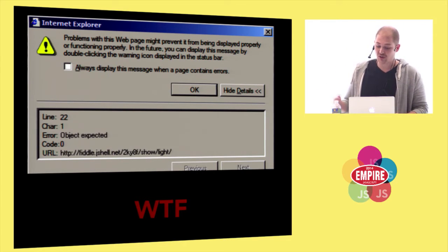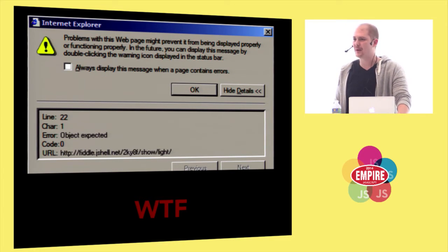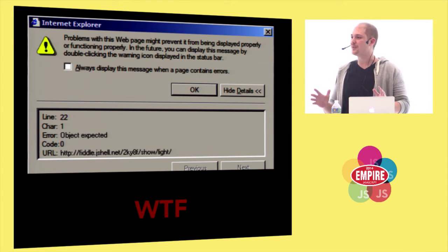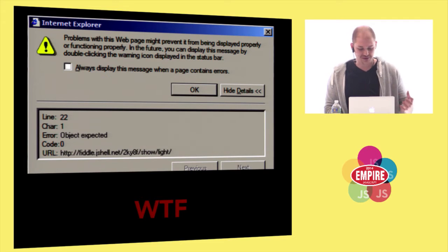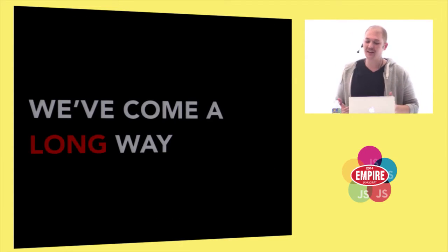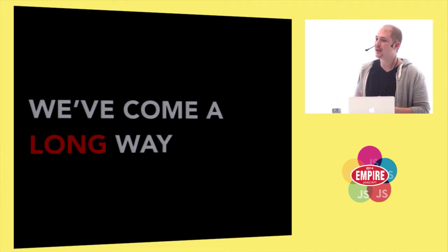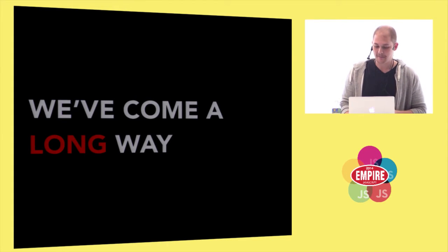After seeing this and struggling for a few more days trying to make something with the web, I remember closing off the browser and swearing off JavaScript. And I said, like, this platform is doomed. Nobody would probably program in JavaScript anymore. And I was really, really annoyed by it. I find it a little bit amusing that I'm here today to talk about JavaScript debugging, and that was my first interaction with it. But the point I'm trying to make is we've come a long way, from the silly yellow triangle to the state-of-the-art dev tools that we have today.